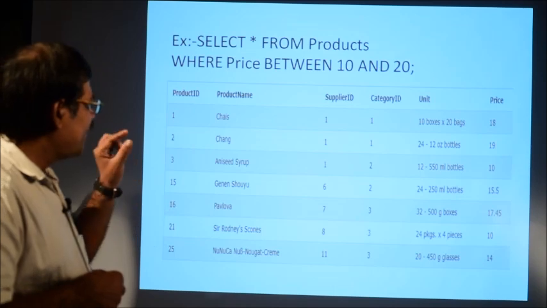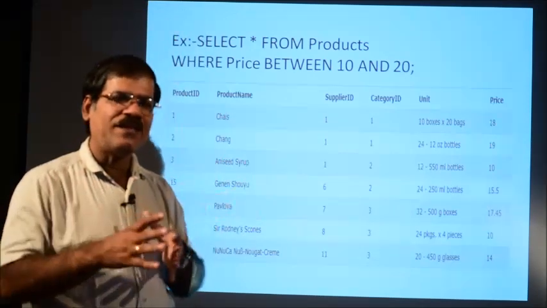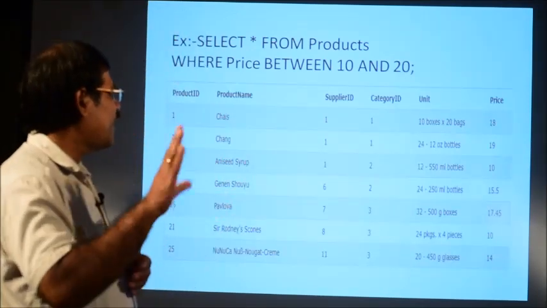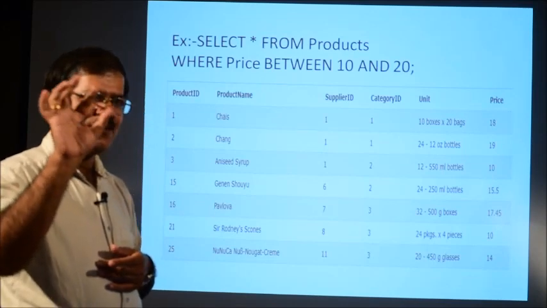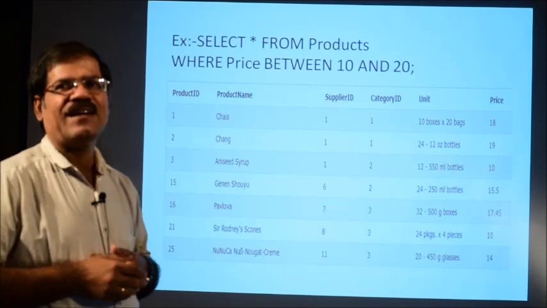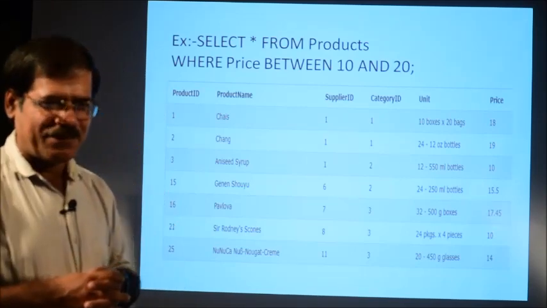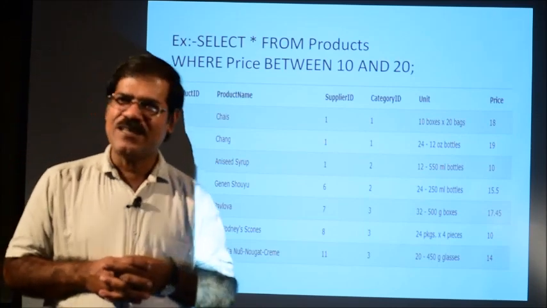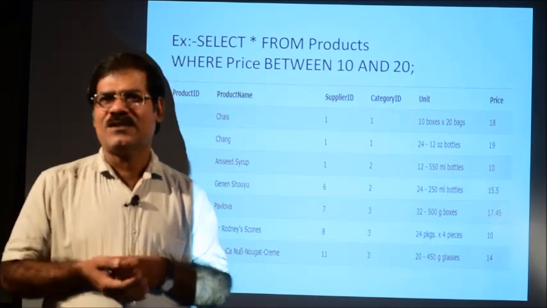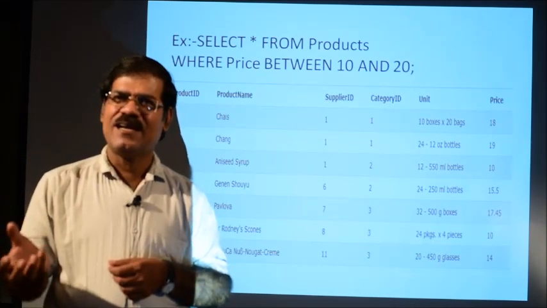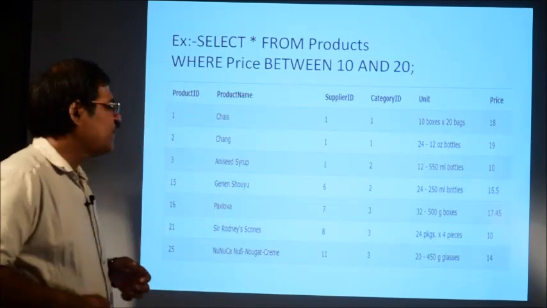So I am saying that value 1 and value 2 are included, as well as the values between value 1 and value 2. Both 10 and 20 are included, besides all the values between 10 and 20. So that many records will be selected and displayed on your computer screen. If I say 10,000 to 20,000, it means those salaries 10,000 and 20,000 as well as everything in between will be selected and displayed. That is the objective of the between clause.